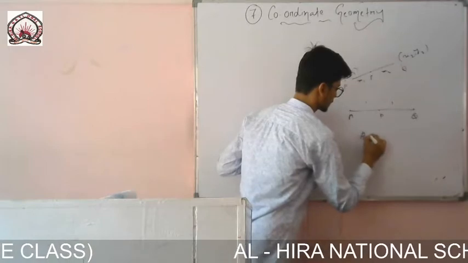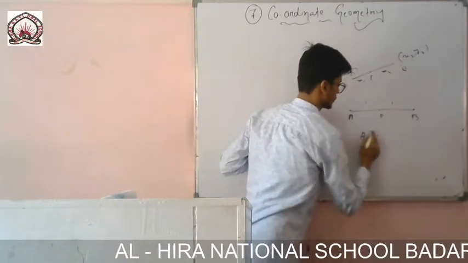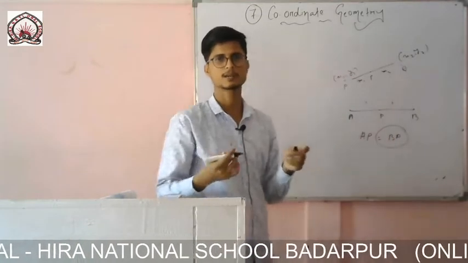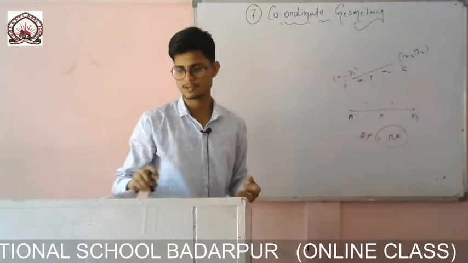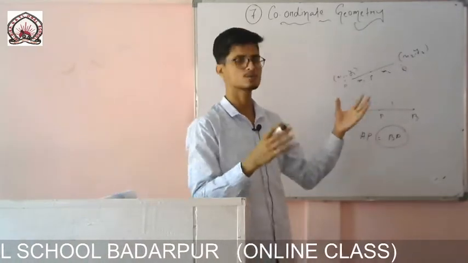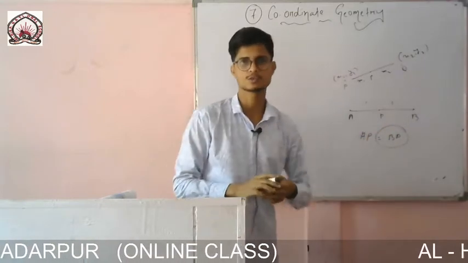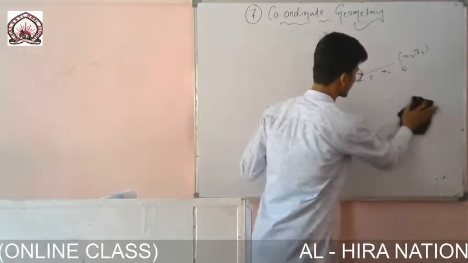So we easily calculated by writing AP equals BP. By writing like this we solved it easily, but now here they are not in the same ratio. The line is not divided equally; the ratio is 1 is to 2, 2 is to 1, anything it may be. So we are taking it as m1 is to m2. If the line is divided like this, then what will be the formula?